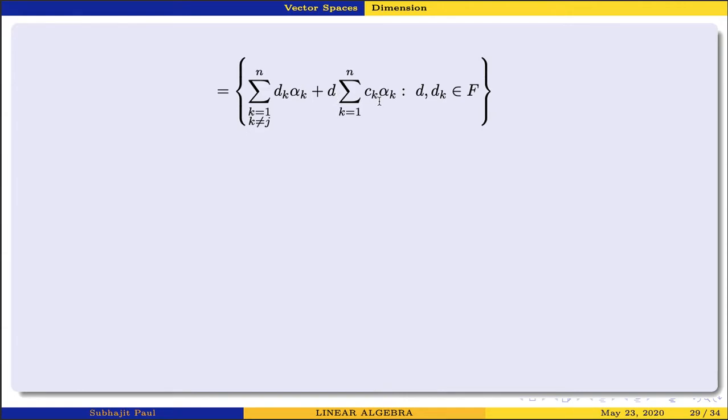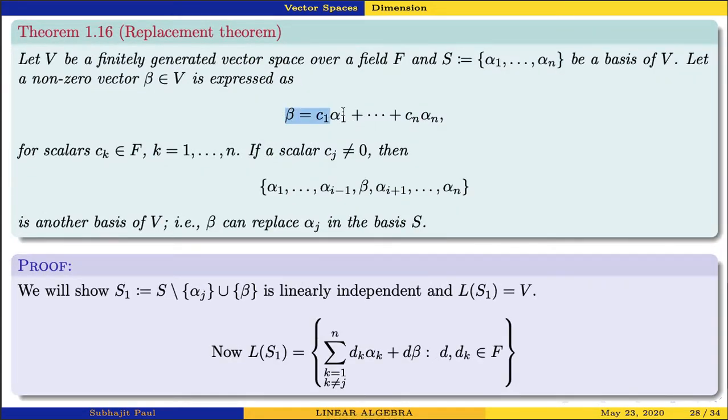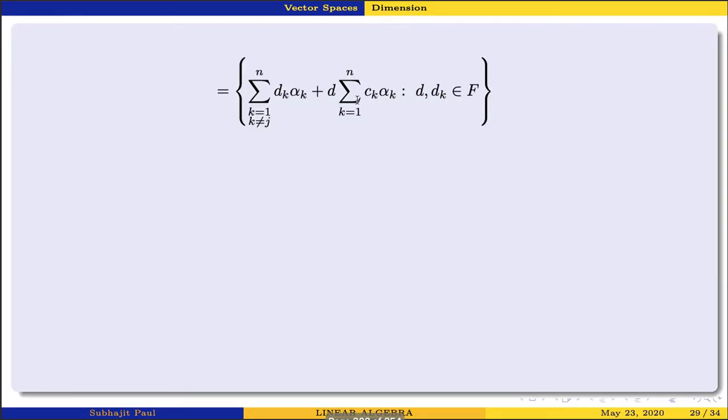Now beta is nothing but the summation k runs from 1 to n of ck alpha k. That is the definition of beta. So this is d times the sum of ck alpha k. D and dk's are varying over F. I've just collected things together: